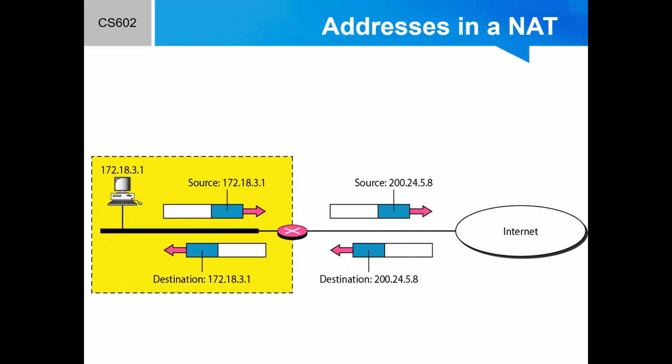The reader may have noticed that translating the source addresses for outgoing packets is straightforward. But how does the NAT router know the destination address for a packet coming from the internet? There may be tens or thousands of private IP addresses, each belonging to one specific host. The problem is solved if the NAT router has a translation table.